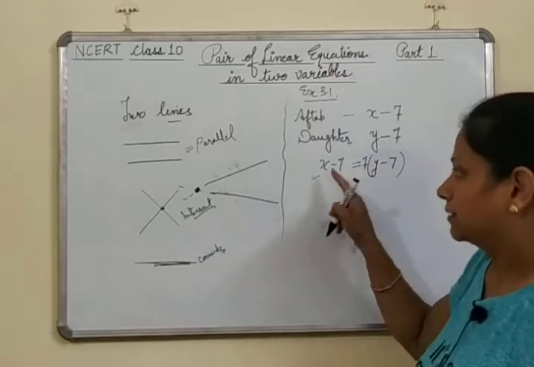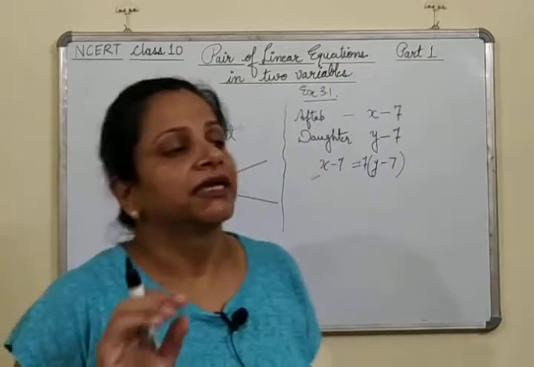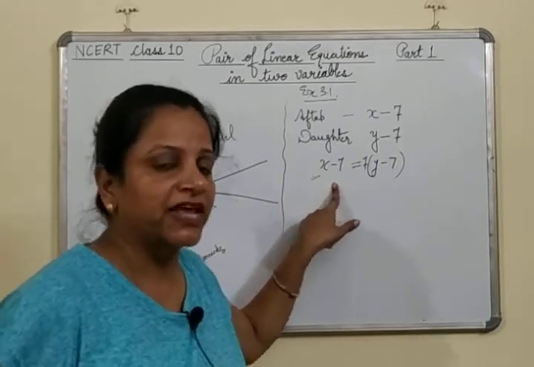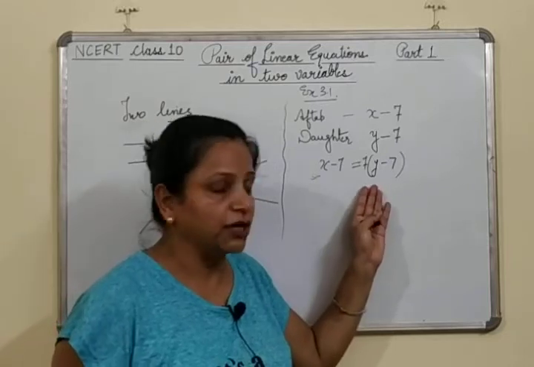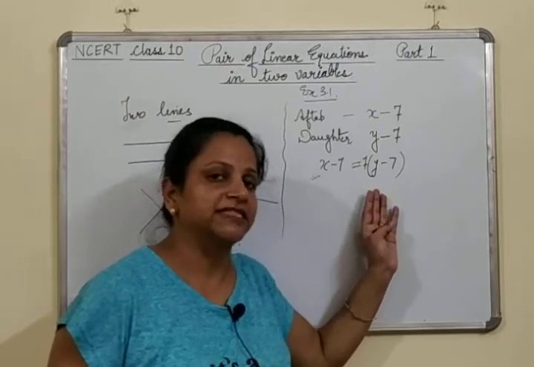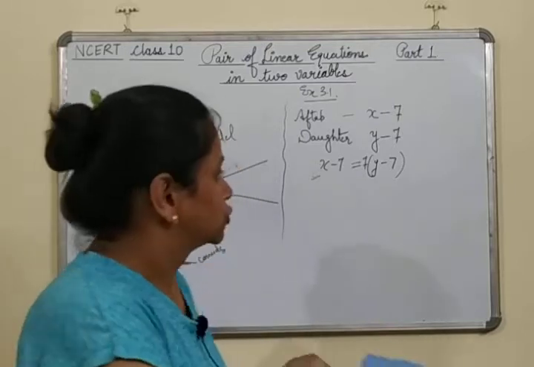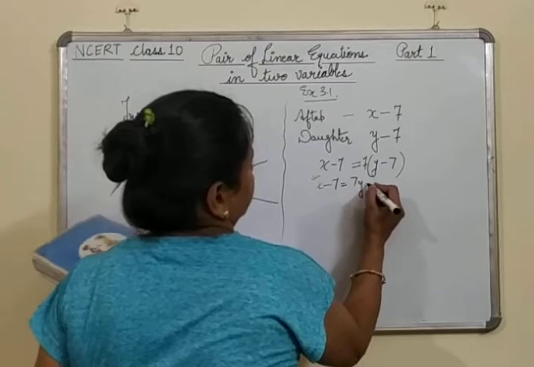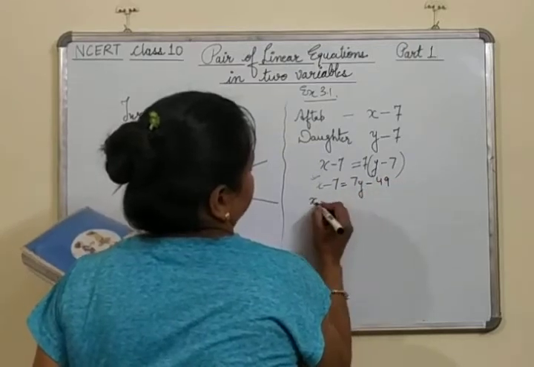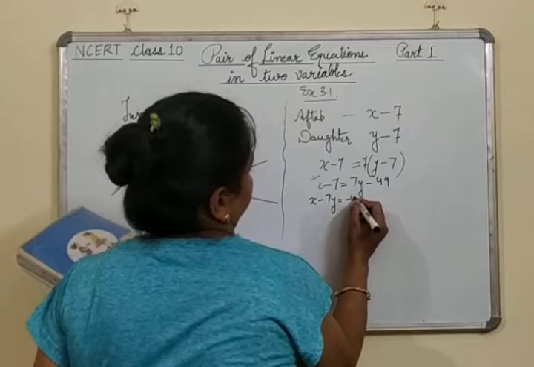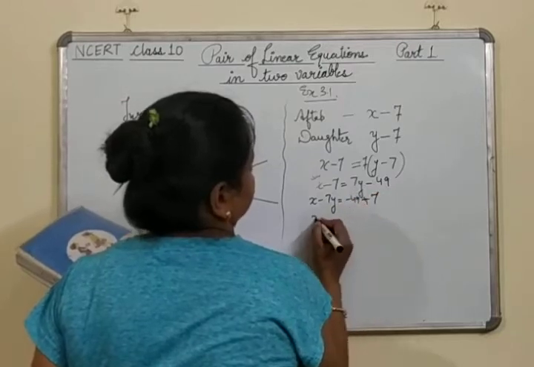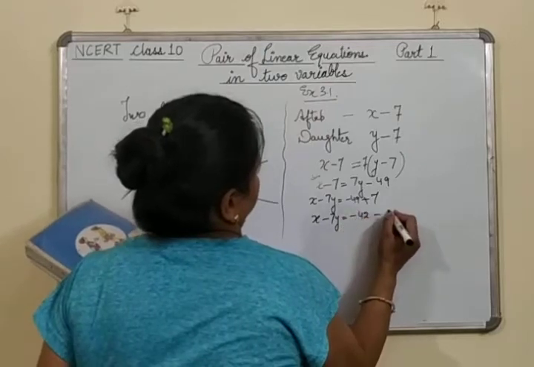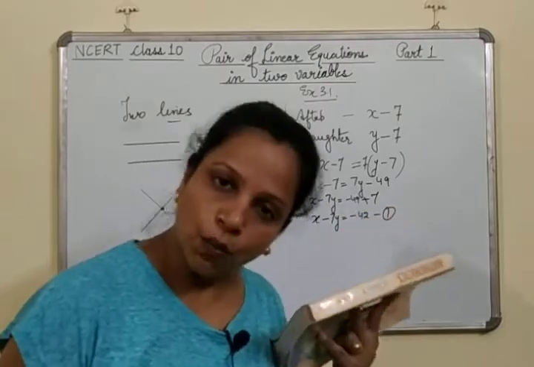ठीक है, इसमें थोड़ा सा कंफ्यूजन होता है sometimes, कि पापा, this is Aftab, the father, so the father's age was 7 times his daughter's age. So to equate the equations, उन दोनों को इक्वल करने के लिए हमें 7 मल्टीप्लाई करना पड़ेगा डॉटर्स एज के साथ. So what equation do we get now? X minus 7 is equal to 7y minus 49. That means X minus 7y is equal to minus 49 plus 7. That means X minus 7y is equal to how much will it be? Minus 42. This is your equation number 1.